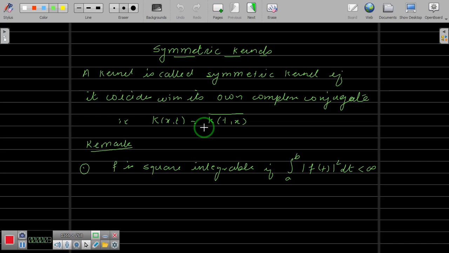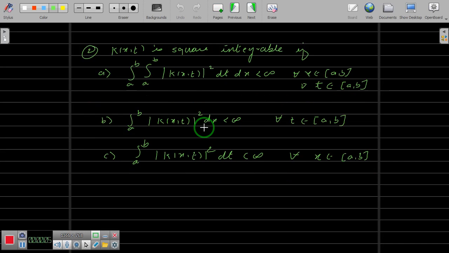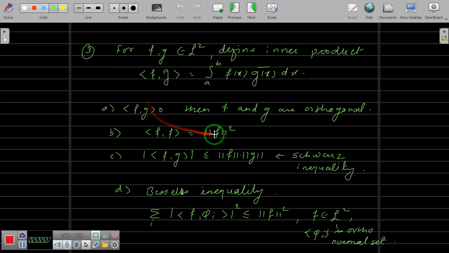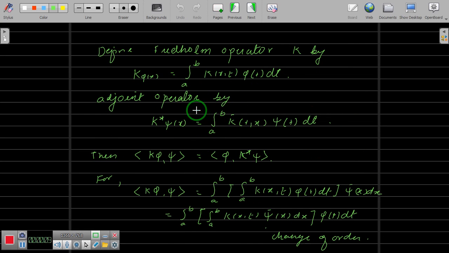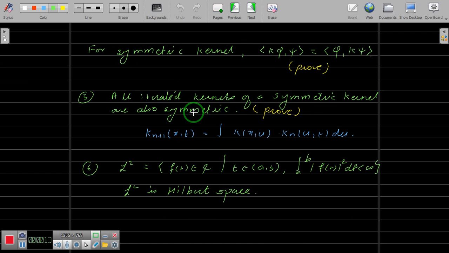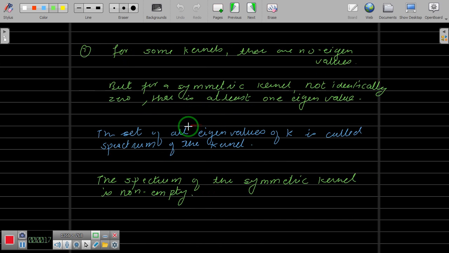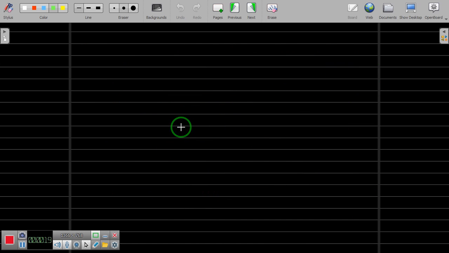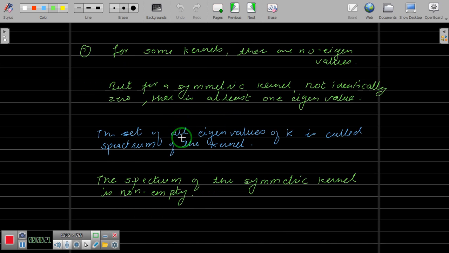We have seen symmetric kernel, and we have defined the adjoint operator, the symmetric kernel, some properties of symmetric kernels, L2 function, then the iterated kernel, some results I told you to prove. Now today we will see some results of the symmetric kernel. Some I will prove, some will be left as exercise that we should complete. Now first result,